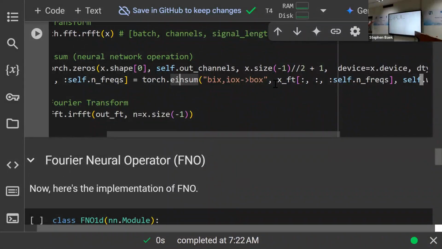So that mathematical expression is essentially what's defined in that